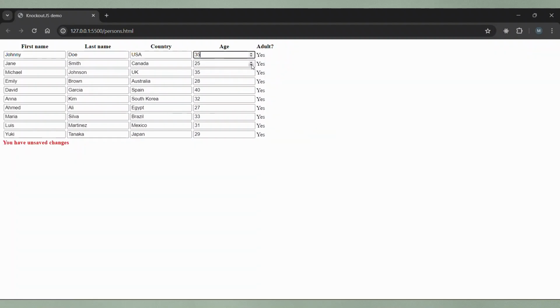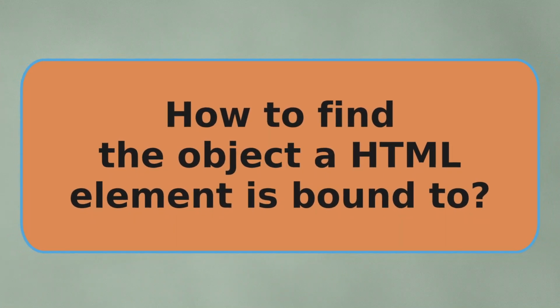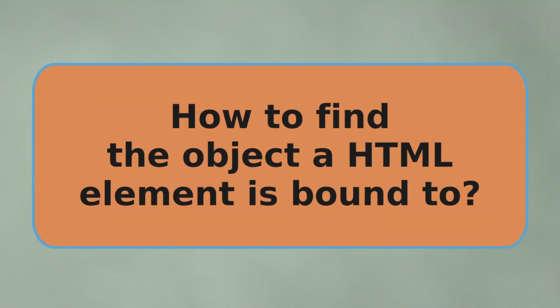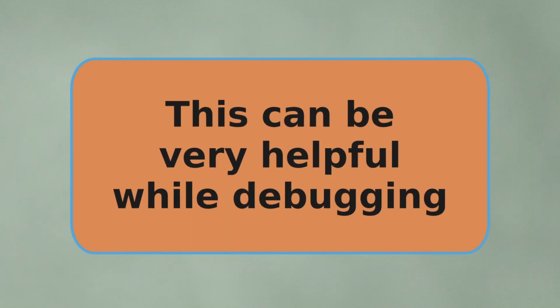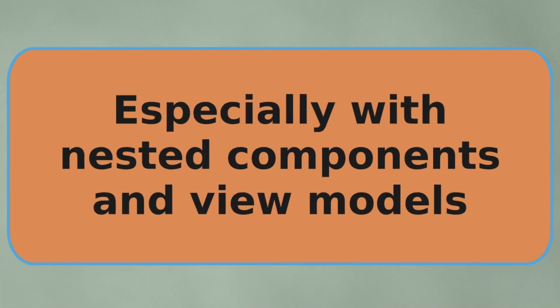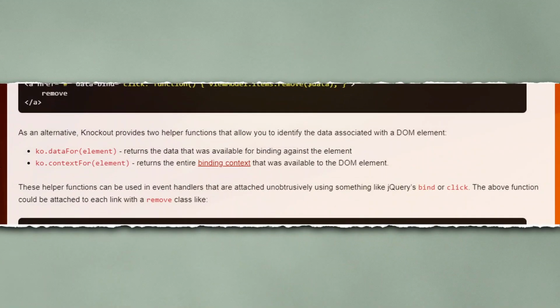So we iterate over an array of objects. What if you want to know what a particular HTML element is bound to? For example, I want to know the actual data for this particular row. This can be very helpful to know, especially when dealing with nested components and view models where it is easy to lose track of things. To deal with this, you can use the dataFor function built into Knockout, and you can do this in the